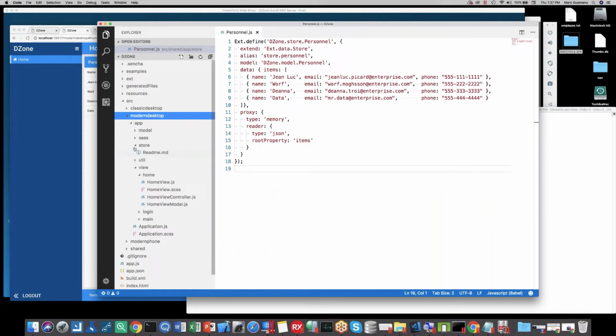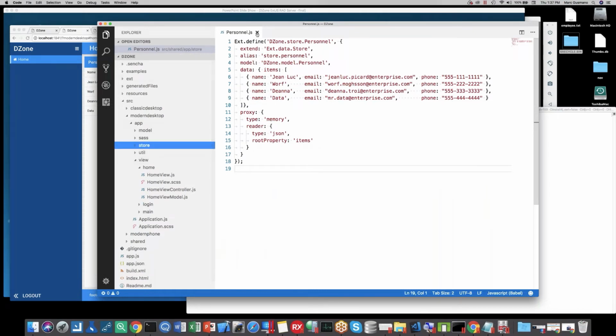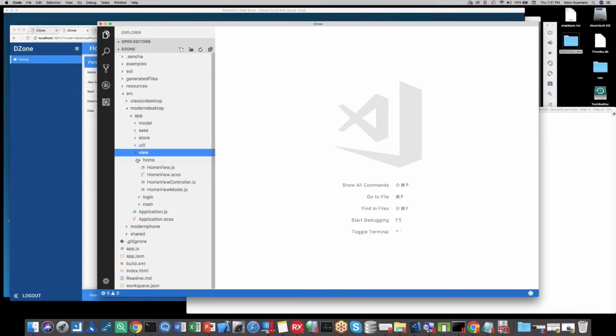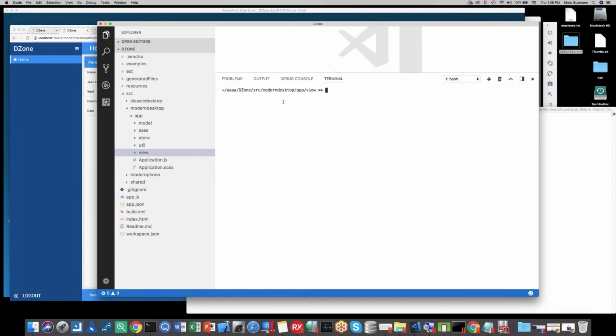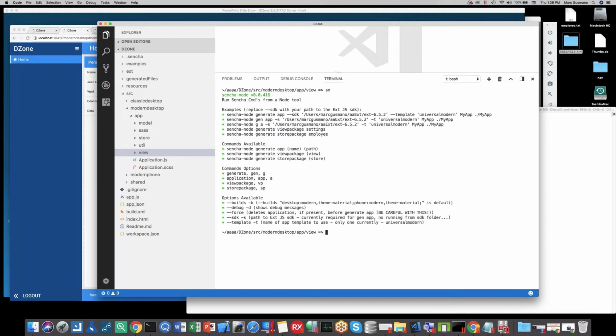As we saw, the way our application is structured, all views go under the view folder. And at the moment, we only have a home view, a login view, and a main view. I'm going to right-click on this view to open up a terminal window. So I'm in a terminal window at the view folder, and if I bring up my Sencha node command, you'll notice I have this Sencha node generate view package. So if I type Sencha node generate view package, and I'll name this view package employee,